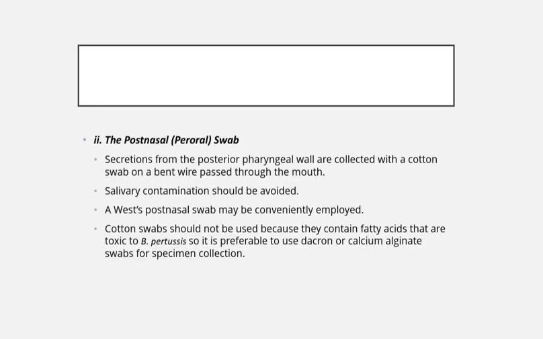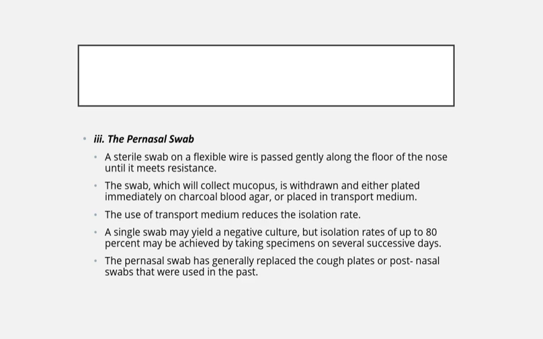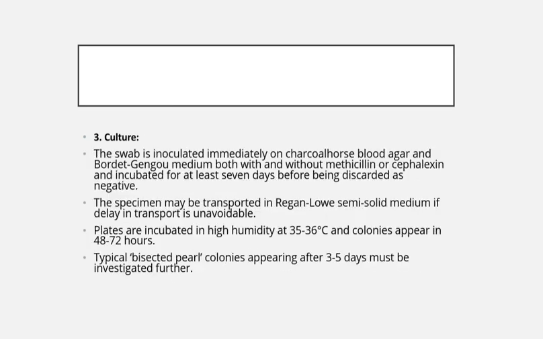Postnasal swab: secretions from the posterior pharyngeal wall are collected with a cotton swab on a bent wire passed through the mouth. Salivary contamination should be avoided. A bent postnasal swab may be conveniently employed. Pernasal swab: a sterile swab on a flexible wire is passed gently along the floor of the nose until it meets resistance. Culture: the swab is inoculated immediately on charcoal horse blood agar and Bordet-Gengou medium, both